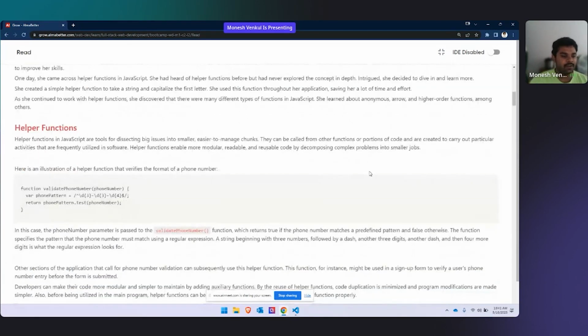So today we are going to see an extension of functions. We are still going to learn more about functions. The first thing that you're going to learn about is called helper functions. A helper function is just a normal function, but sometimes we call some functions helper functions